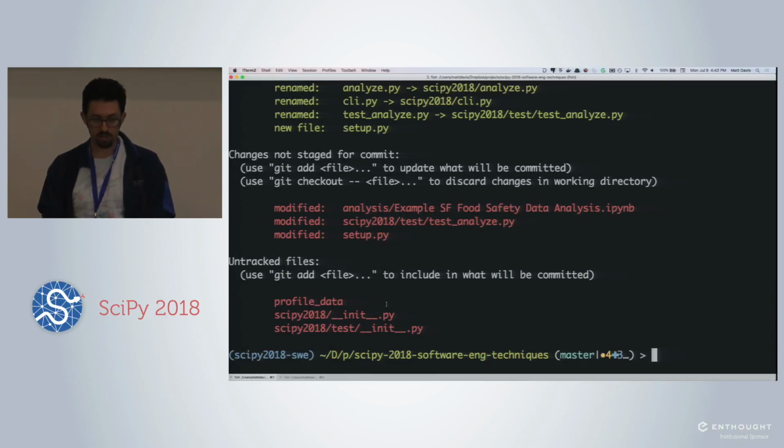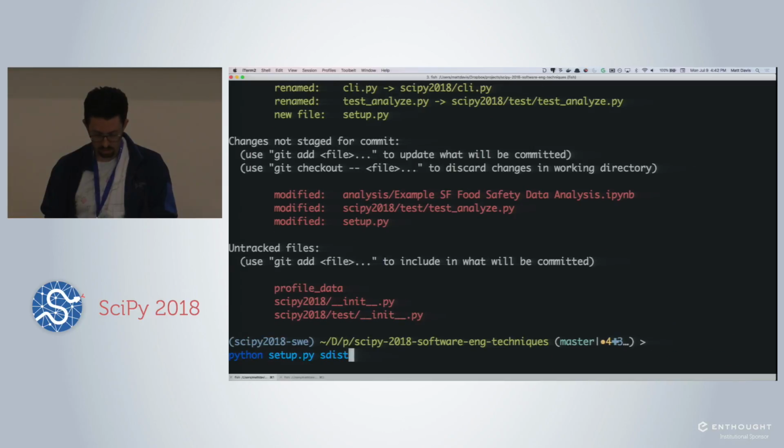But now we can try to actually do some setup.py stuff. Before I get to the distribution, we should be able to install this now if we did this right. I'm going to use pip and do pip install -e dot. The -e